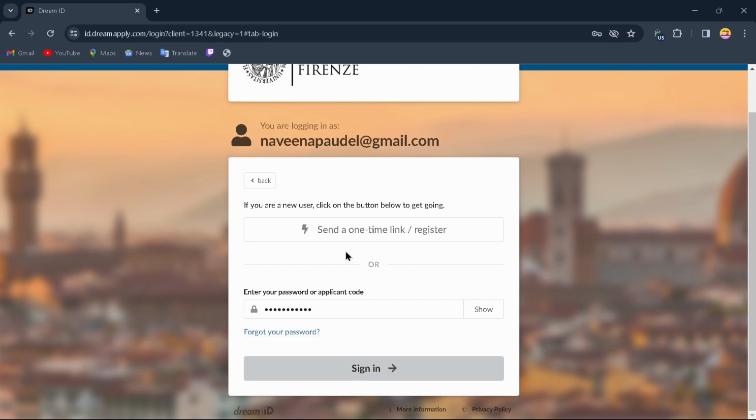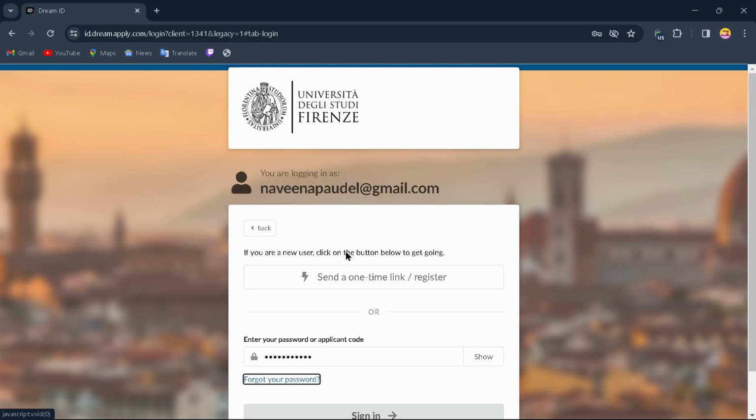But if you have forgotten your account's password, then what you can do is just tap on forgot our password, and after tapping on forgot our password, you can easily reset or recover your account's password by creating a new one. So that's it guys, this is how to log into our University of